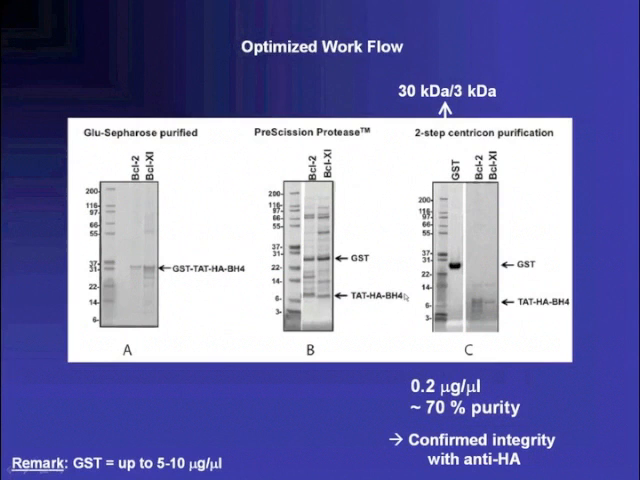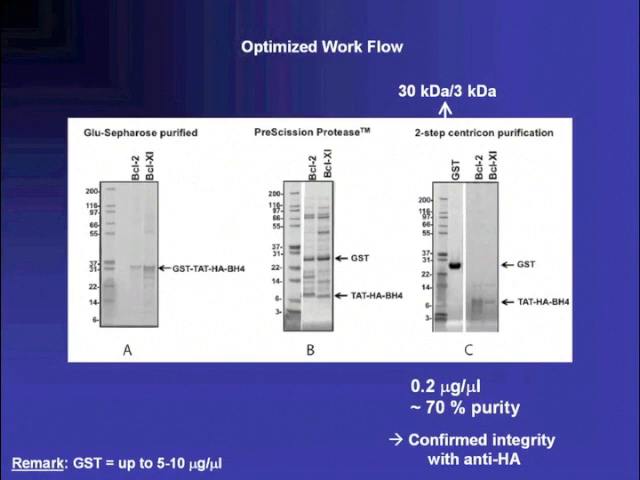And then, of course, we needed to get rid of these other proteins, the GST, some of the contaminants, and in fact we did two additional steps, Centricon purification and another purification on the GST column, and in fact we could obtain relatively pure TAT HA BH4. Here I estimated it at 70%, and we obtained 0.2 to 0.4 microgram per microliter, which of course might not be very high, certainly if you compare to GST, but it's about 10%, 20% of this